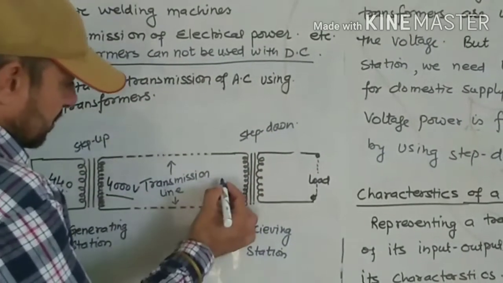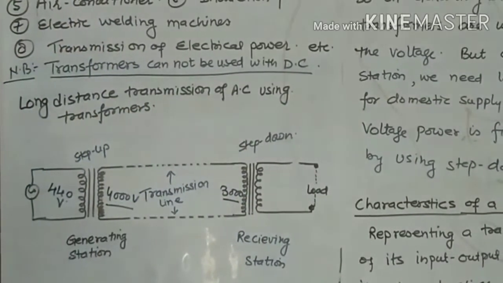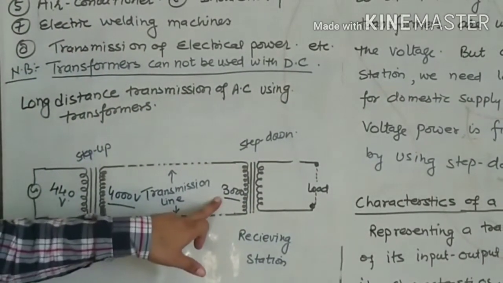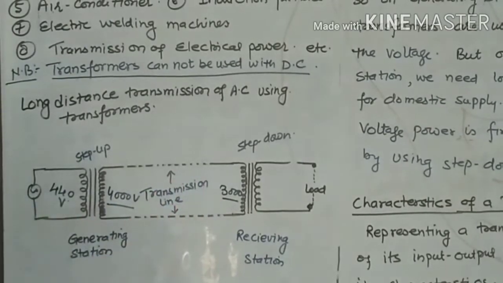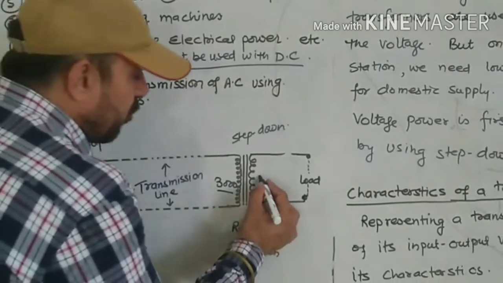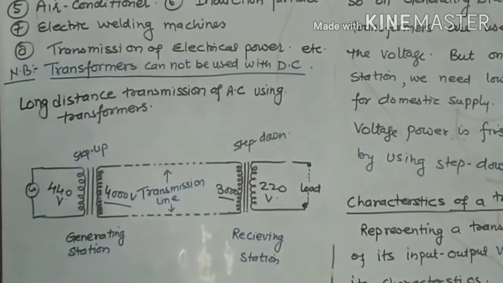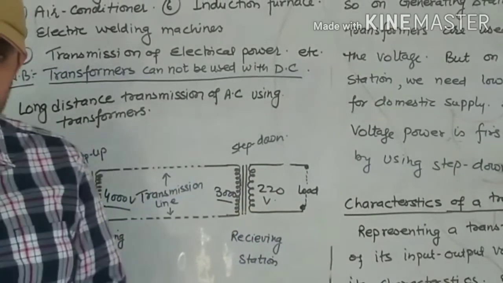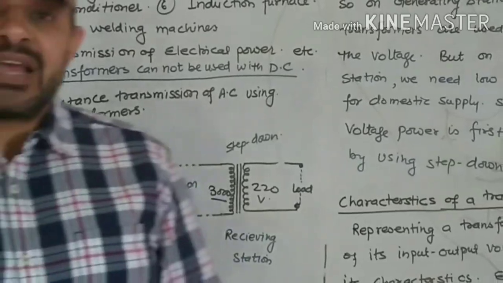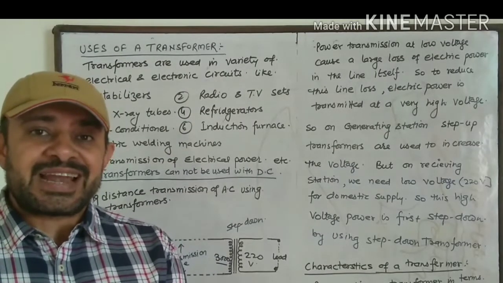Suppose 1000 volt is lost in the line. So 3000 volt is reaching on the receiving side, but this 3000 volt has to be converted into 220 volt. Suppose तो 220 वोल्ट यहाँ पर हुआ, तो स्टेप डाउन ट्रांसफॉर्मर जो मेरा होगा वो 3000 वोल्ट से 220 वोल्ट की कैरेक्टरिस्टिक्स वाला ट्रांसफॉर्मर होगा। तो जस्ट टू समराइज, ड्यूरिंग द ट्रांसमिशन ऑफ एसी वी नीड टू सी दैट power